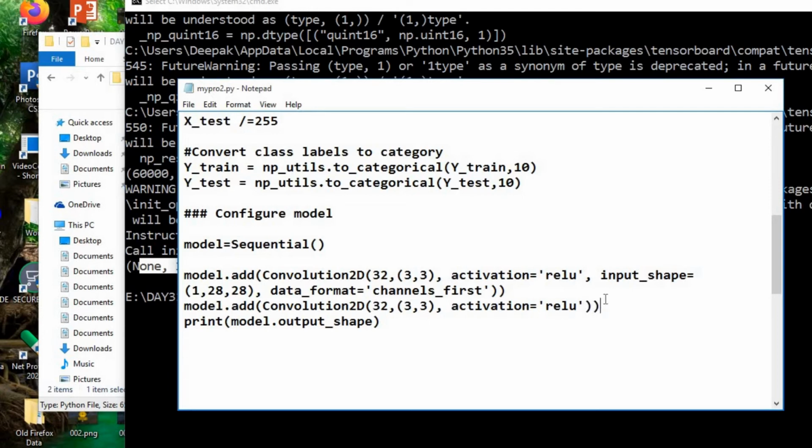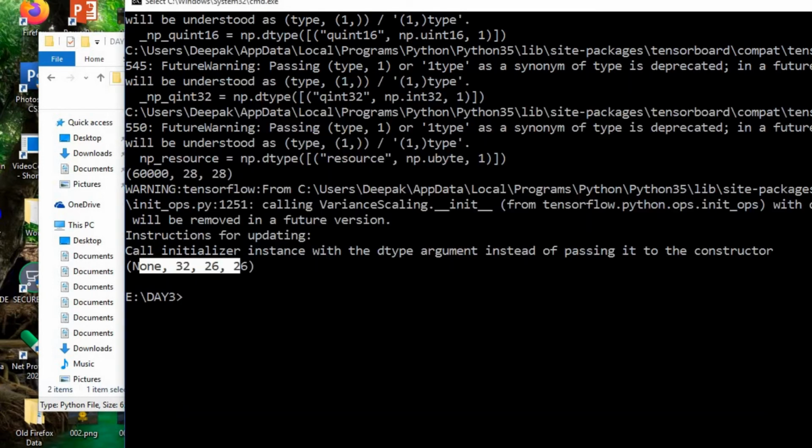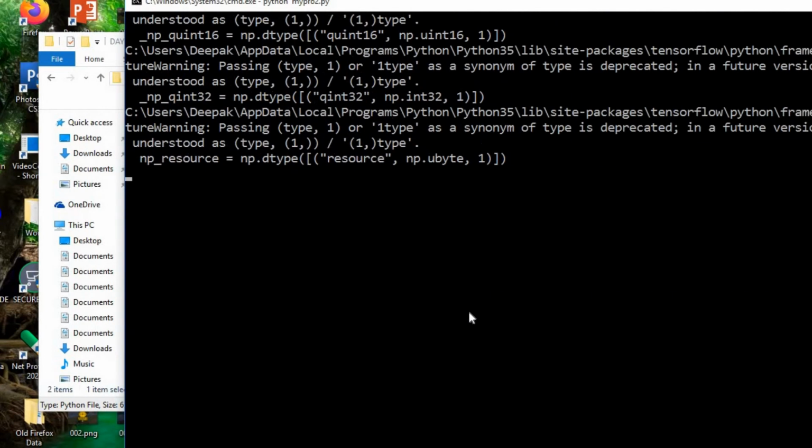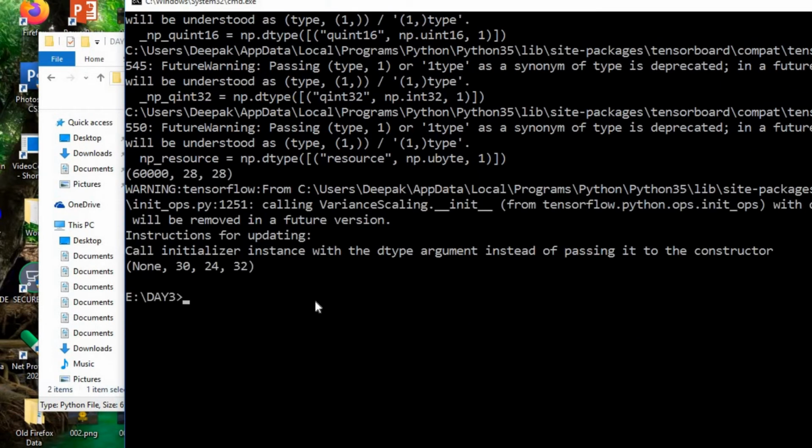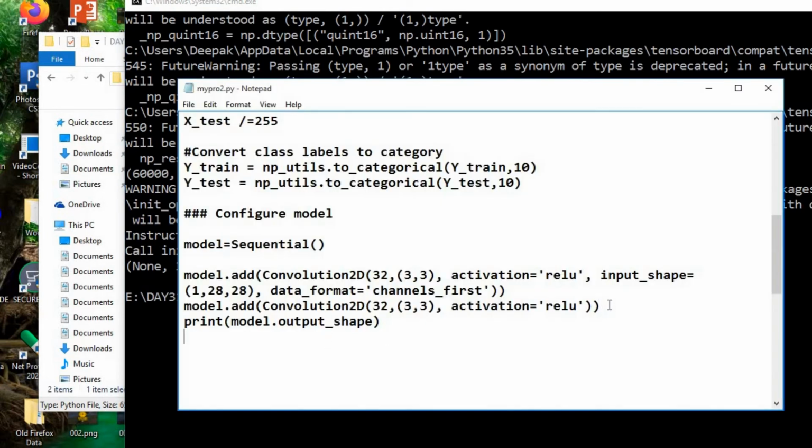So let us add one more layer into the convolutional neural network. Similar to the first, without mentioning input shape and data format. So let us run, and yes, we get again a change in the output. Yes, that is okay. So we have printed model.output_shape to check whether the layer is added in the model or not. Next to that, let us add